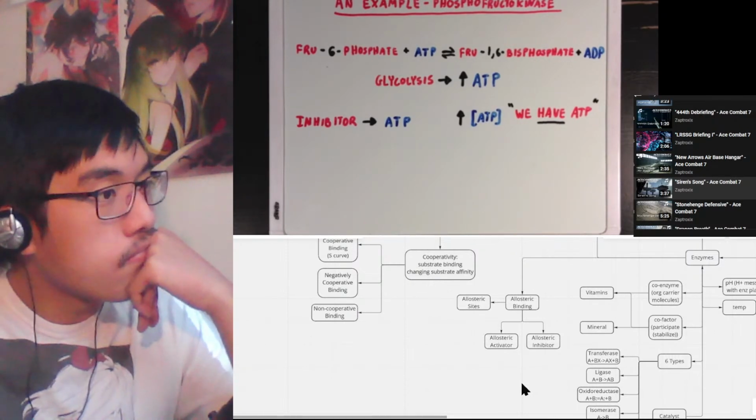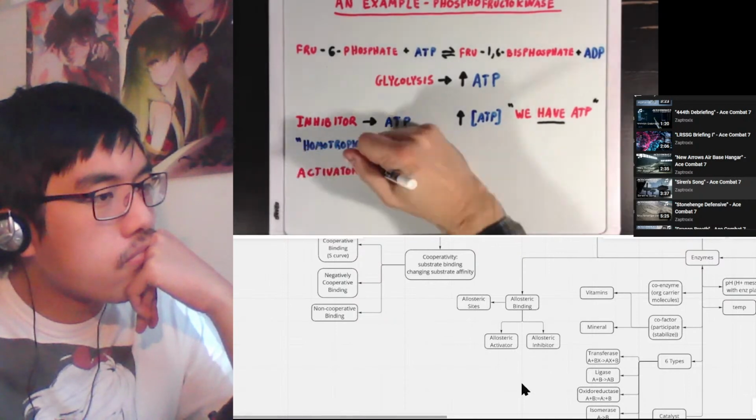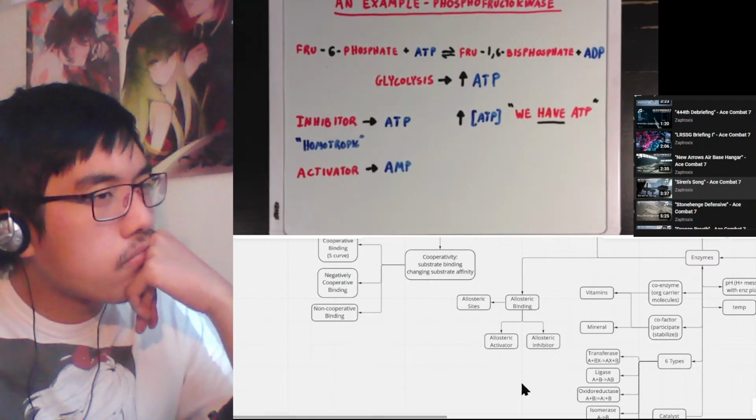Right. Now, because ATP is both an allosteric regulator and a substrate for phosphofructokinase, we can call it a homotropic inhibitor, which is a new term, and we call it a homotropic inhibitor because the substrate and the regulator are the same molecule. Now, AMP, which is used up ATP, is an activator for phosphofructokinase, and this also makes sense because